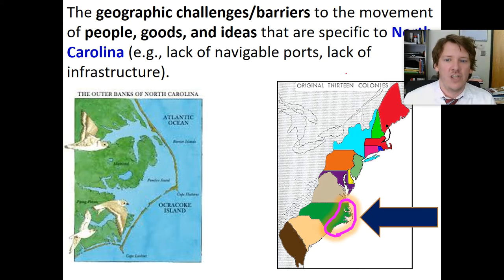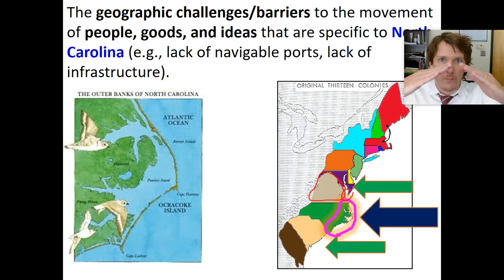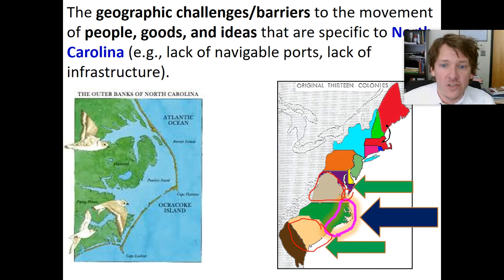So again, we're talking about the challenges and the barriers. And there it is. It's that coastal barrier that has prevented it. And so if you go back in time, Virginia grows because they have navigable ports. That means you can navigate them. You're not going to run into a shoal that built up under the ground. You don't have to deal with an outer barrier. You go to South Carolina, and if you look at the 1600s, if you look at the 1700s, Virginia and South Carolina are more prosperous. And they're still very strong states with very strong economies,